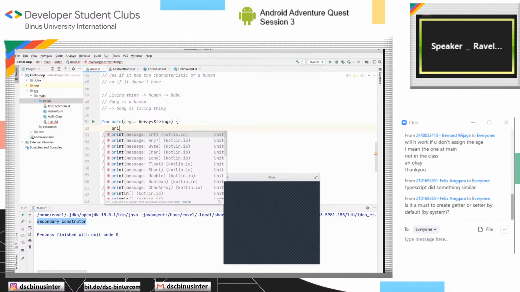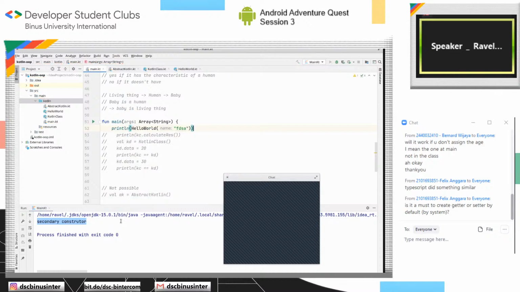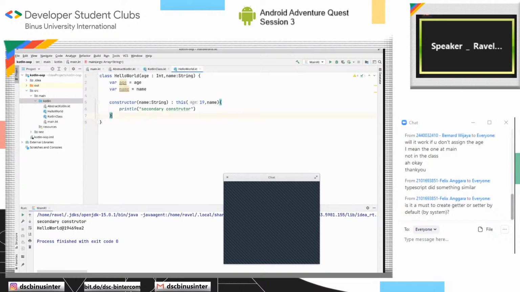Maybe you can put in something. If we print this out, we'll see that we have this kind of thing. We have the class name, and then we have an @ symbol, and then the hash code of the class. This may not be the thing that we want. Sometimes when you do toString, you want to see something like hello world with age and then name of name. So in order to change this behavior, this is the default behavior that is